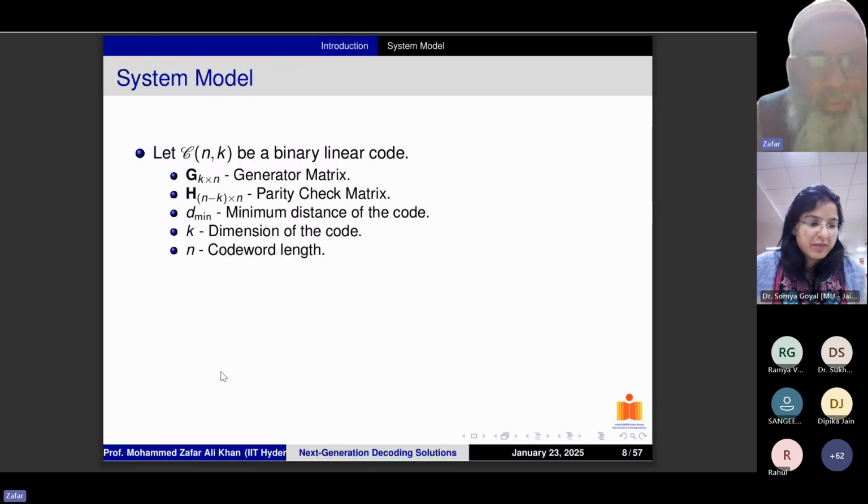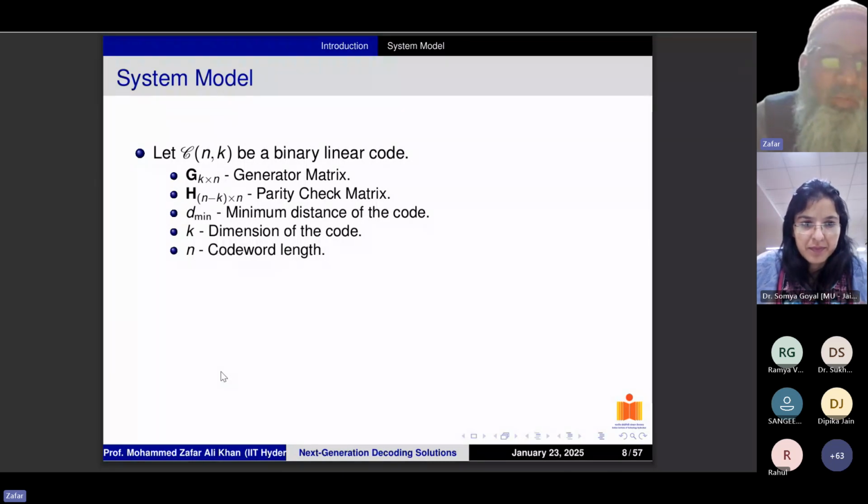Well, all of you are aware of Hamming code, right? Yes, sir. Okay, so I'll assume that. So Hamming code has a distance of 3, and your generator matrix is of size 4 cross 7. So you take 4 input bits and output a code of length 7. That is n. Okay, and dmin is